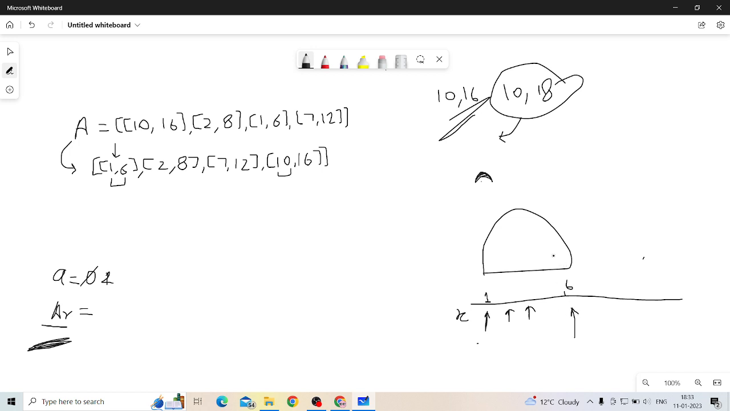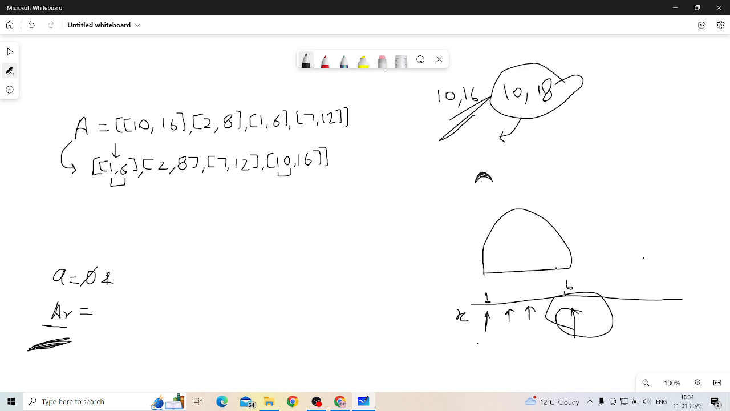I am throwing this arrow at 6 because the balloons which are coming, which have a radius less than 6, will already be shot by this arrow. Am I right? If I shoot from 6,